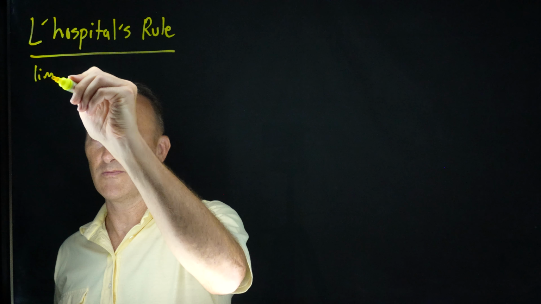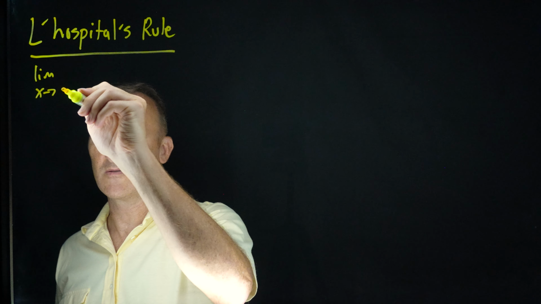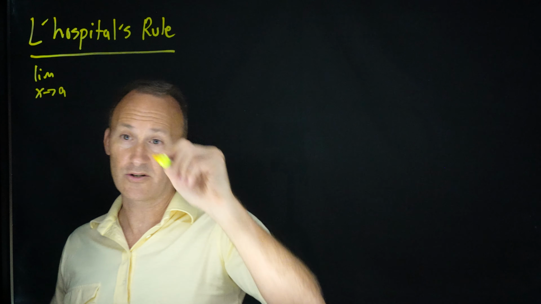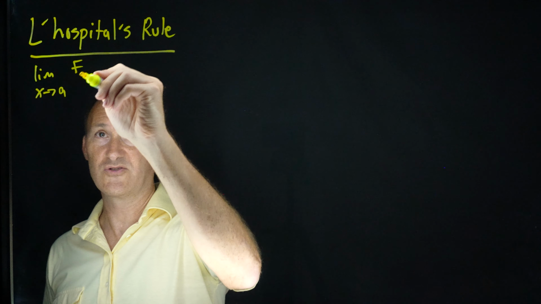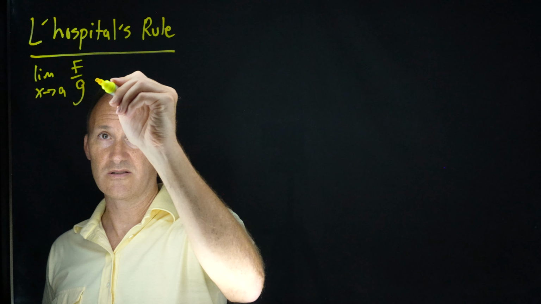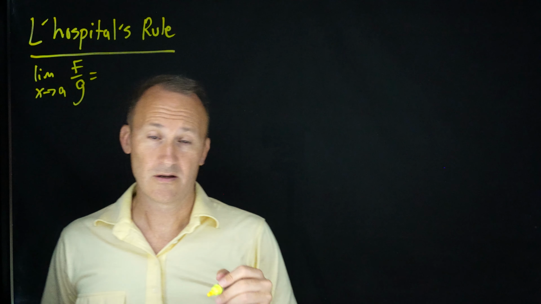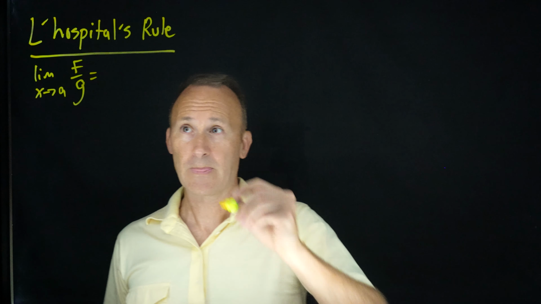If you take the limit as x approaches some number, could also be infinity, doesn't matter, x could approach anything, of f over g, two functions, and you get plus or minus infinity over plus or minus infinity, or 0 over 0. These are indeterminate forms, and not that the zeros and infinities are mixing and matching, but if that is the case,